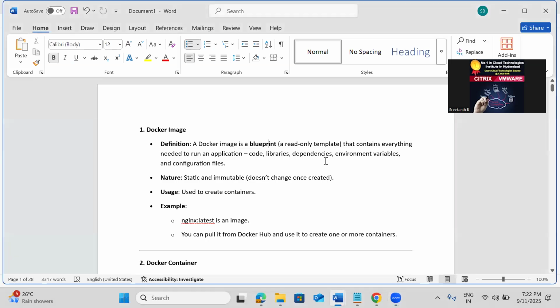So now one point people will ask us is, what is the image? An image is a blueprint or template kind of thing. Just like in AMI we have the OS image, but at the container level we have an image, which defines how to start the application. We require code, libraries, dependencies, environment variables, all the configuration details, all stored in a single file called